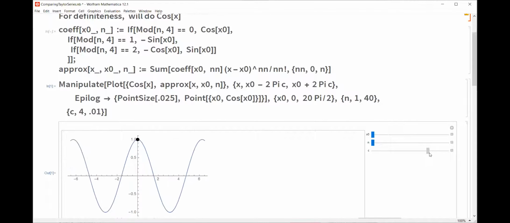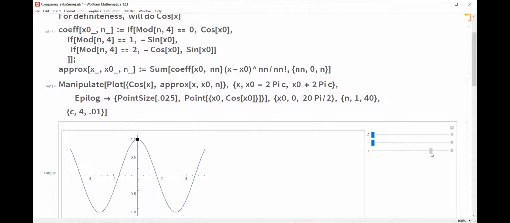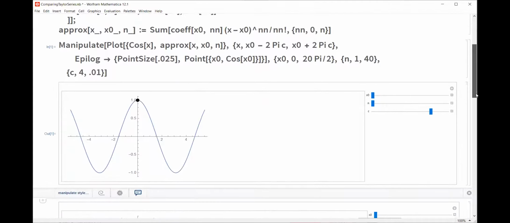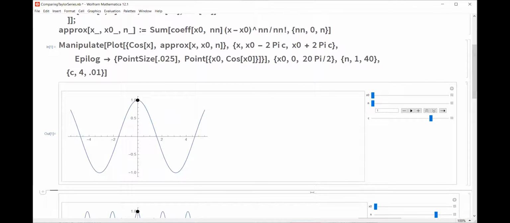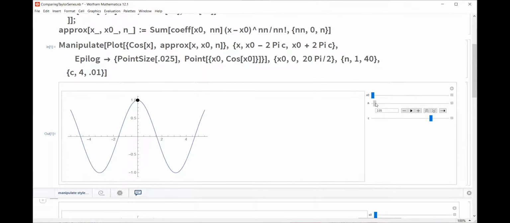So what I'm going to do is I'm going to zoom in right now. And so this is now looking at a little bit more than 0 to pi, than negative pi to pi. And over here, n is going to be the degree of the Taylor series approximation. And if you look, it's basically a 0-order Taylor series approximation. And as I keep